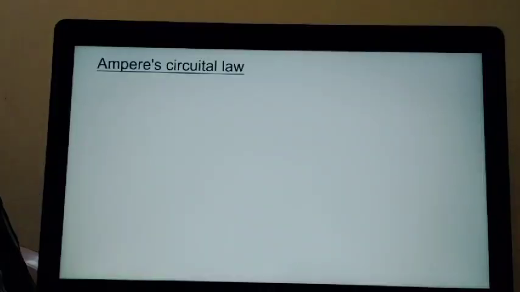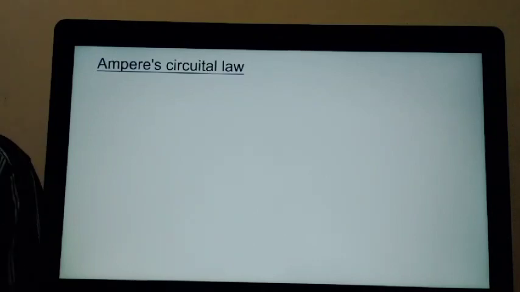That is an easy method to find out the magnetic field surrounding a current carrying conductor. Today we are going to start that new method to find out the magnetic field intensity due to current carrying conductors. This method is known as Ampere's circuital law method. Ampere's circuital law is very similar to your Gauss theorem. So we can continue with Ampere's circuital law.